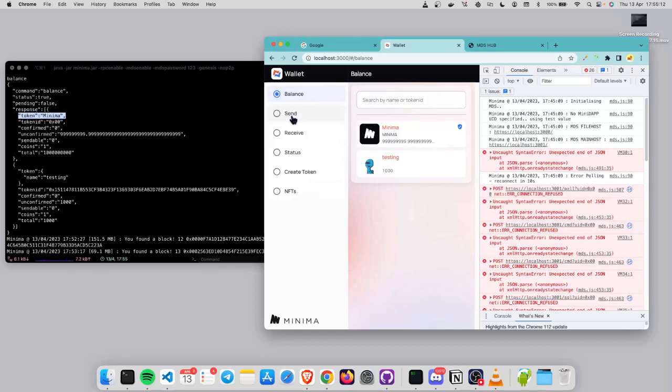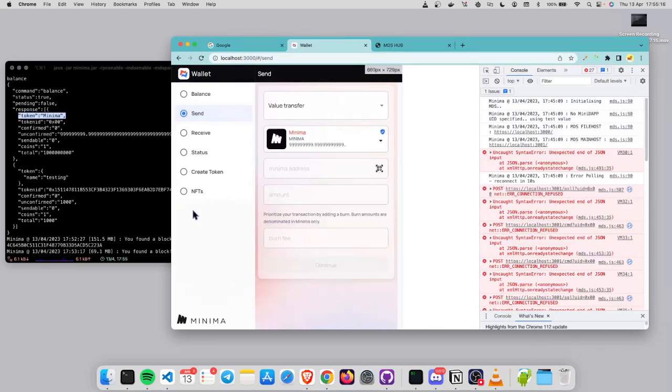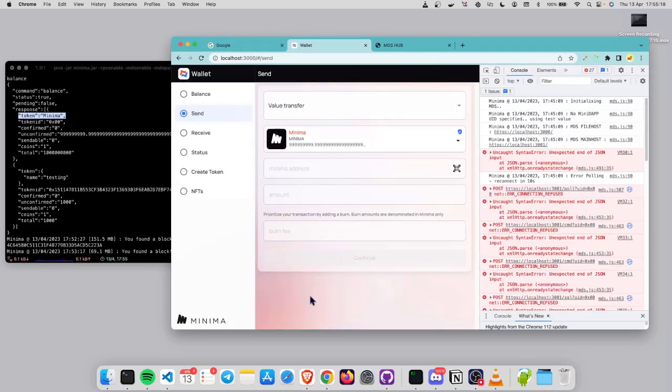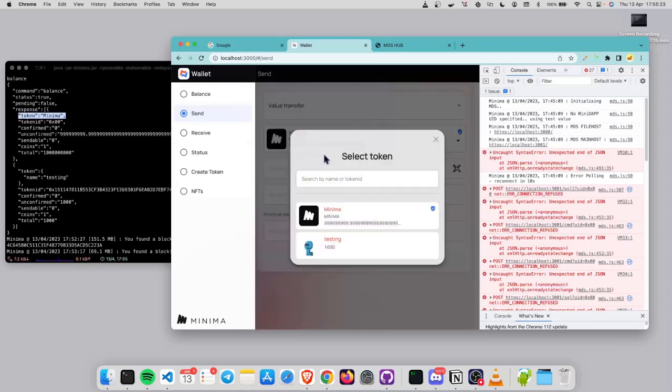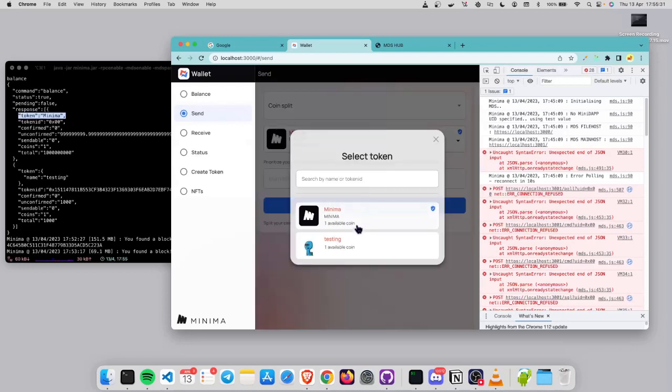Now let's have a look at the send page. So the send page in the wallet, some of you may know, some of you may not know. You just send tokens. It can be Minima tokens or it can be custom tokens. And there's another feature, which is coin split. So you can split a coin into two instead of having one coin to put into a transaction, because